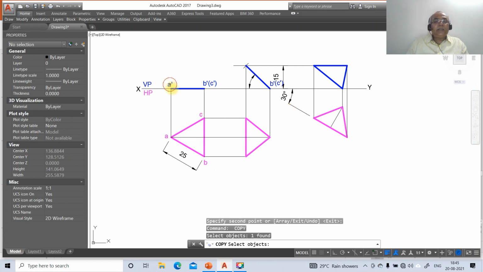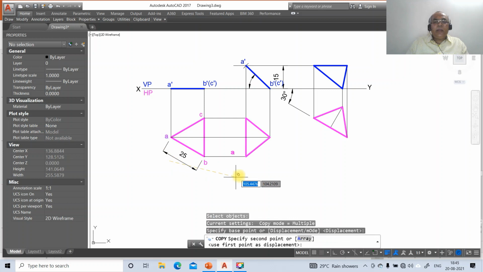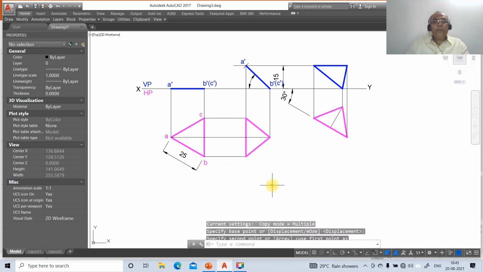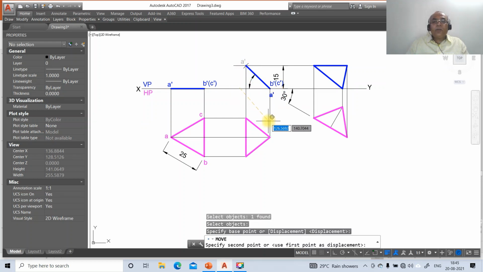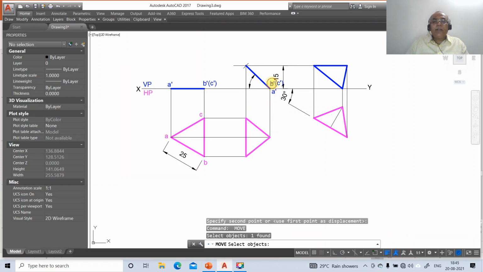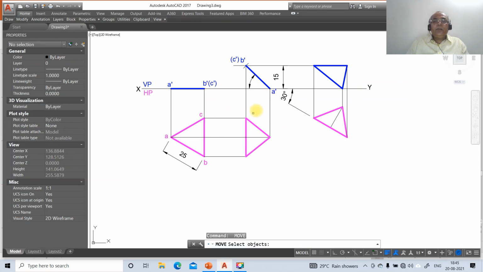Then go to A dash, you copy this here, and then copy A. Then you just go to move, you take A dash on corner, and you take B dash here, and you take C dash here. So once you do that, now accordingly you move this.